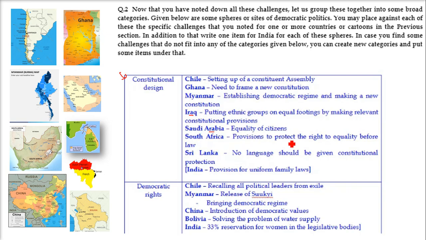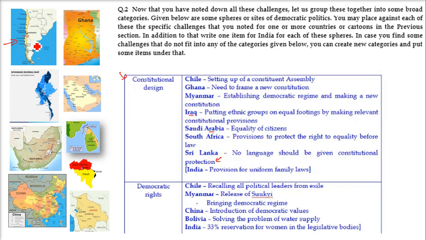In South Africa, provisions to protect the right to equality before law. And Sri Lanka, no language should be given constitutional protection. Like in Sri Lanka, Sinhala was made the language of the state. And of course India, we have provision for uniform family laws. When it comes to the democratic rights, Chile,